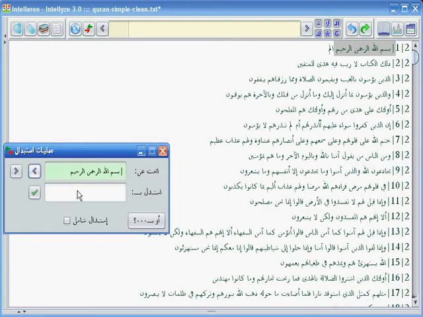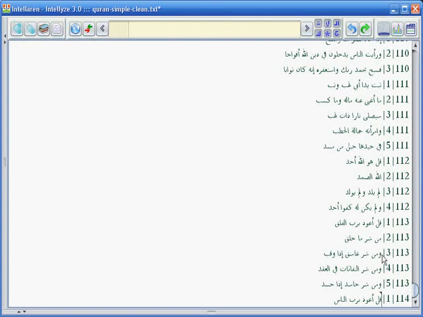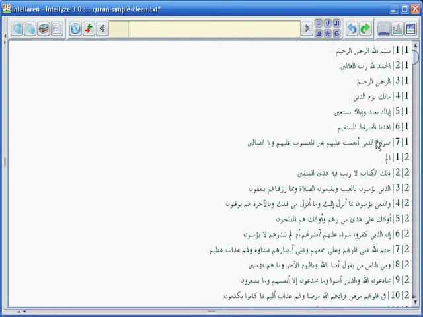In the Replace by Text field, add a single vertical bar as the replacement string, just to keep the presence of delimiters between the ayat, verses that is, and their numbers. Tick the Replace All Matches box, and click the Replace button. And there we are. 112 replaces have taken place, and in a fraction of a second. Here is, for example, Surah An-Nas and Surah Al-Falaq with the opening ayah removed. Same with Surah Al-Baqarah, where we only see Alif Lam Mim without the opening phrase of Bismillah ar-Rahman ar-Rahim.